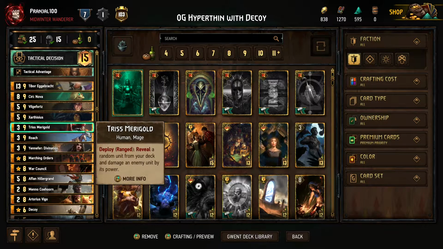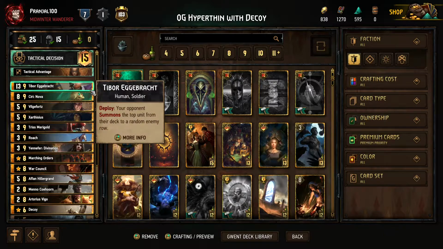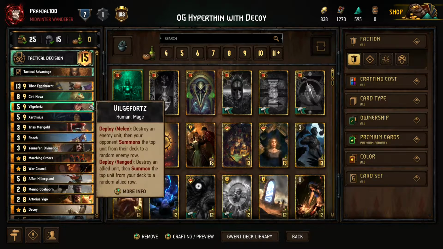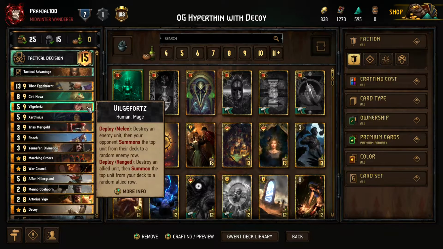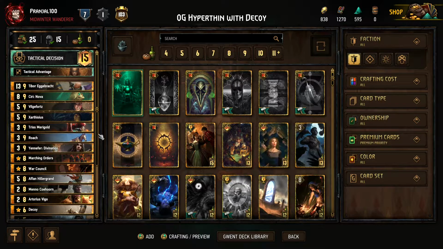So yeah, the basic Hyperthin trio. On top of this we have got CiriNova, which is kind of great if you play her in round 2, so you get 8 points of carryover. And we have got Vilgefortz. Usually, you can even use Vilgefortz to kill one of your own units and get a 13-point Tibor